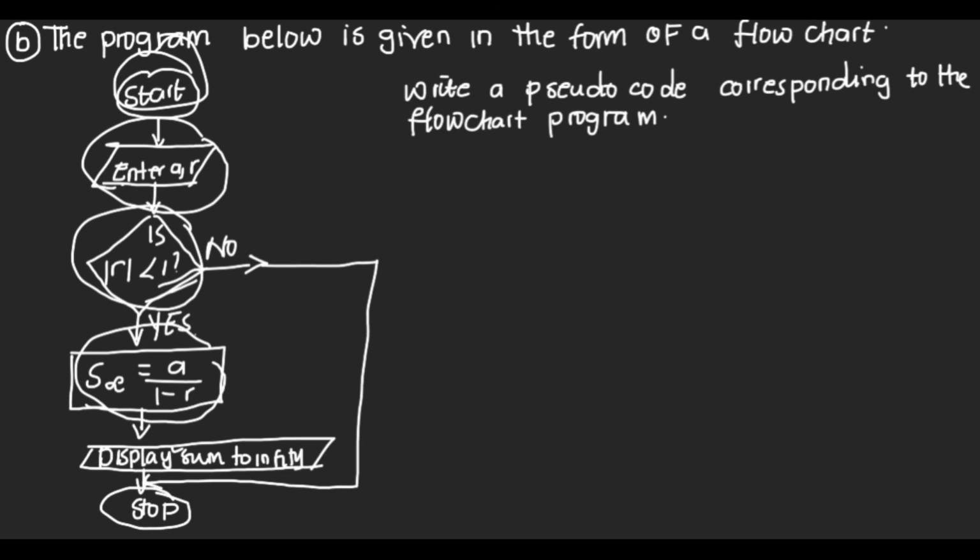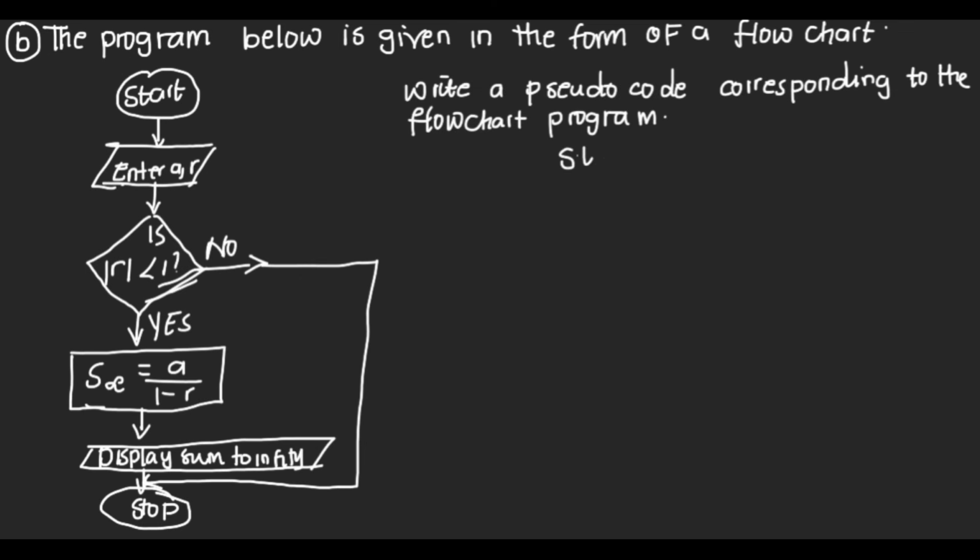So how do we write a pseudocode? The pseudocode just consists of statements that are readable. Then we'll say you start. So we have start here. Then from there we have enter a and error. So a and error, these are inputs. So we say enter a, error. Then here we have a question, but under pseudocode we need to write if